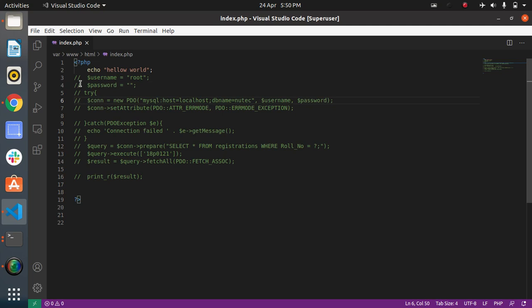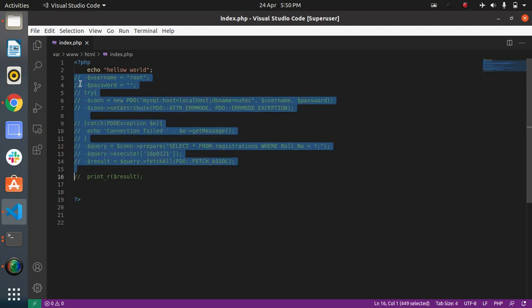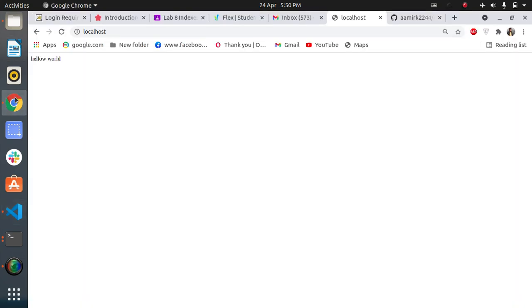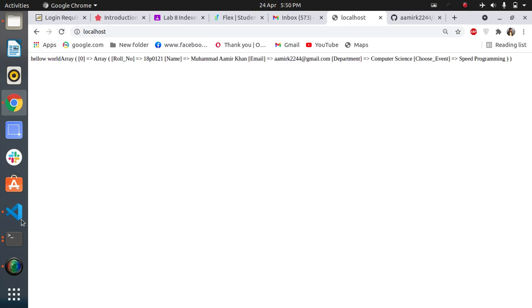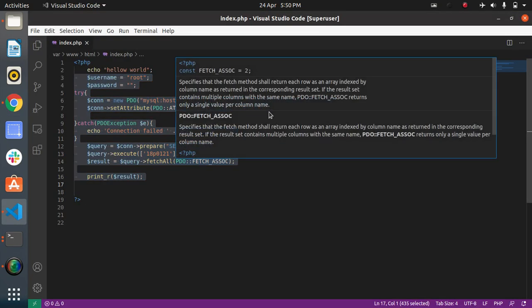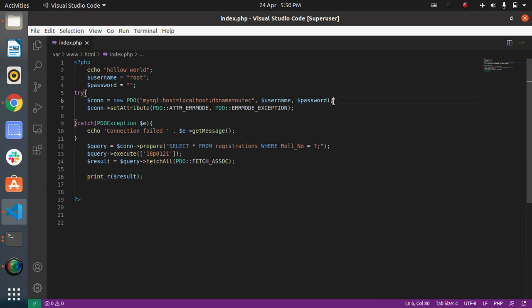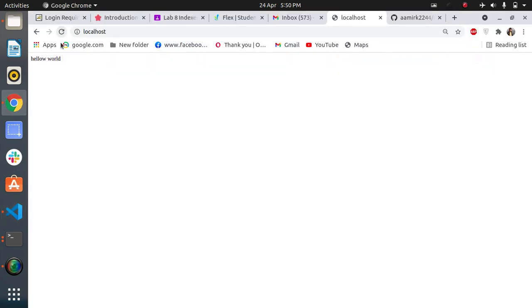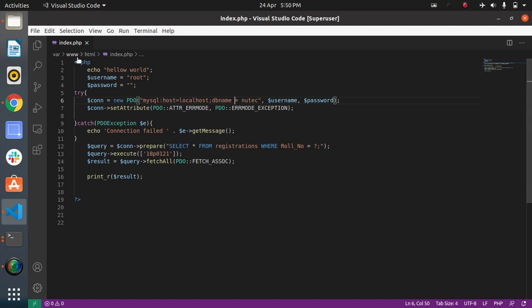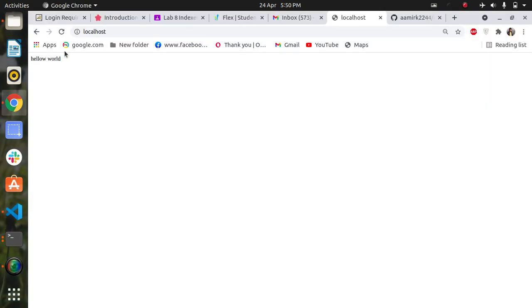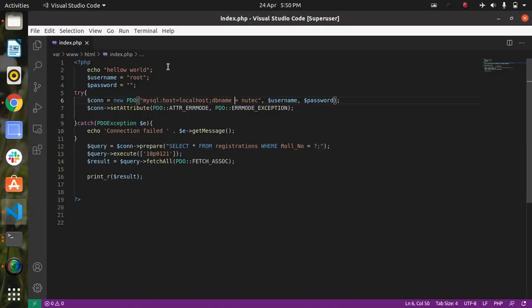PDO exception. So let's comment this out again and try it again. Oops, so we get another mistake. Okay, what if I use some spacing inside this? Let's run this again, and here you can see it will not work. Localhost, oh sorry, just get rid of this.